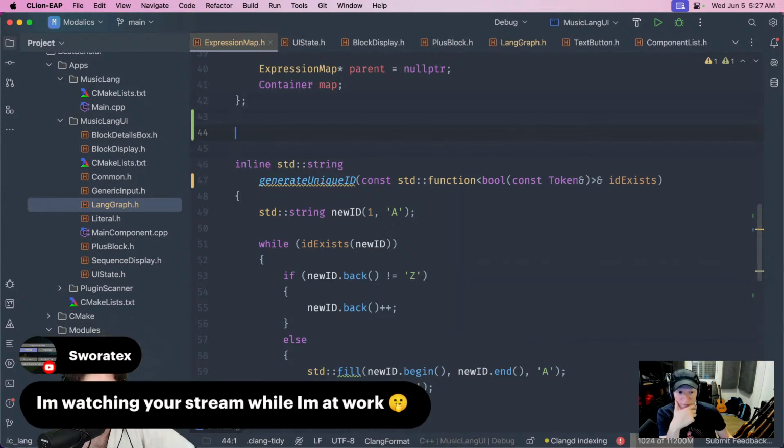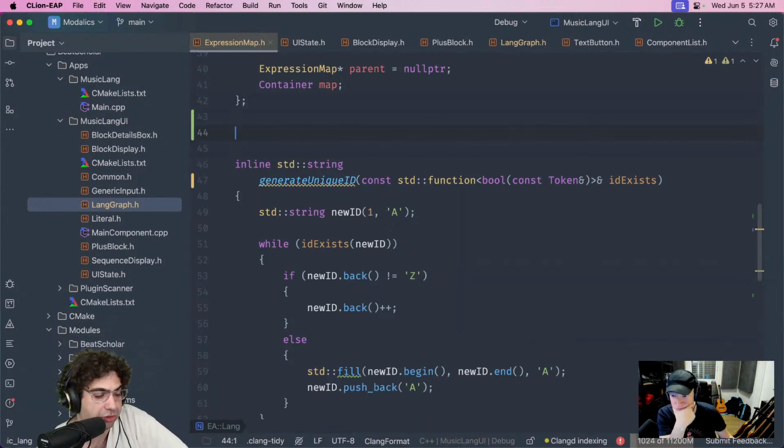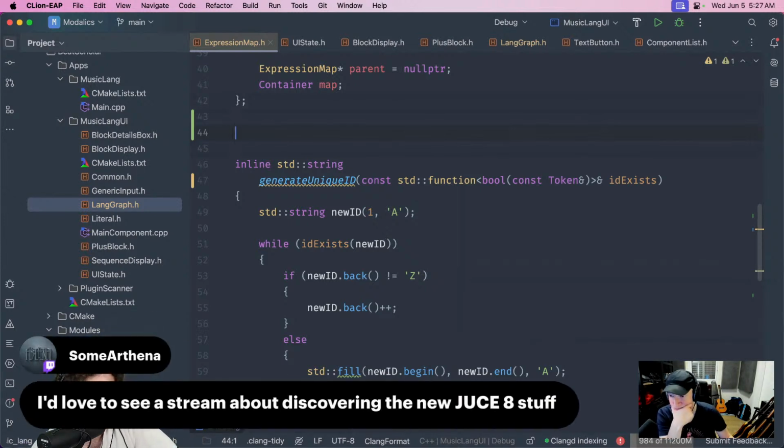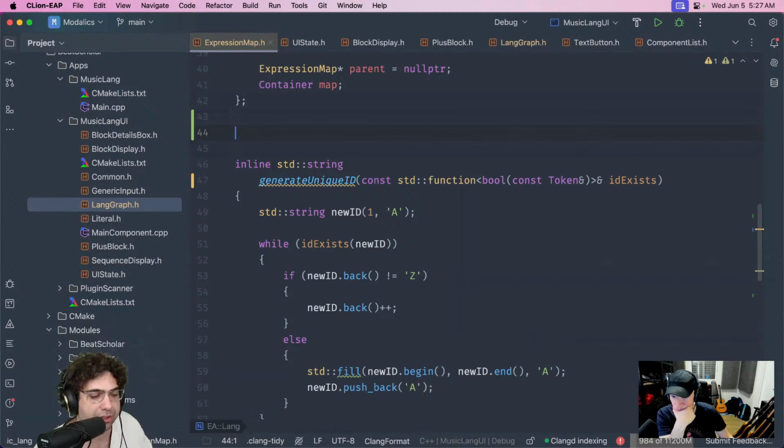Yes, we would probably do that about the new Juice features. I know people in the Juice community are very excited about the JavaScript bindings that they've added. I've tried them, but I'm not an expert at it. But I built this stuff and got it to work. I think the biggest thing about Juice 8 for us in Modalics is there's a new graphics backend, using Direct 2D for Windows specifically.